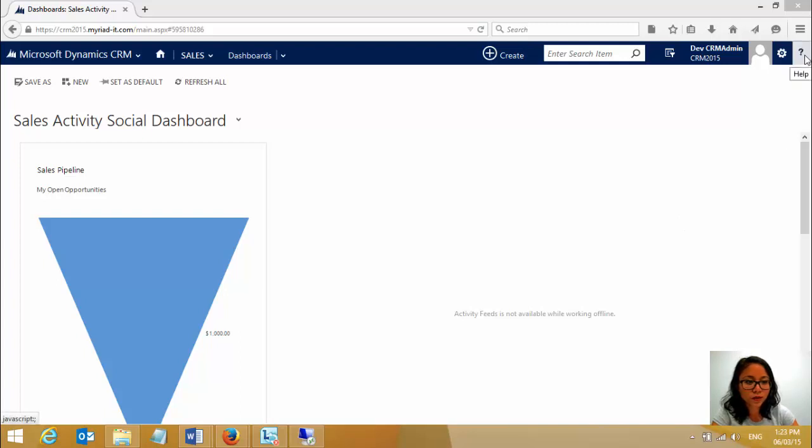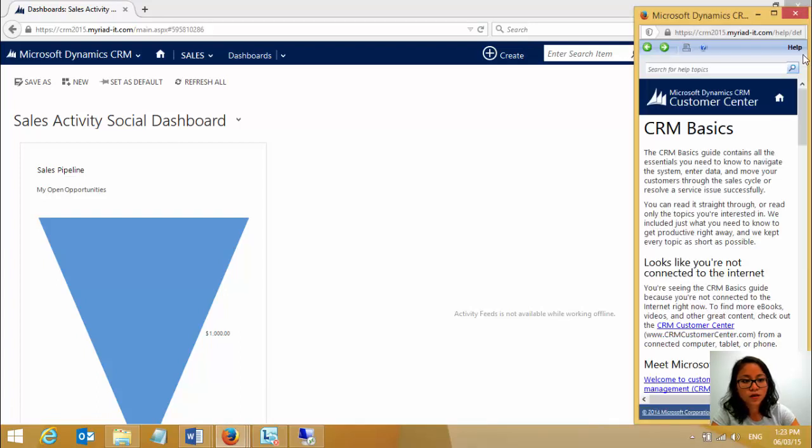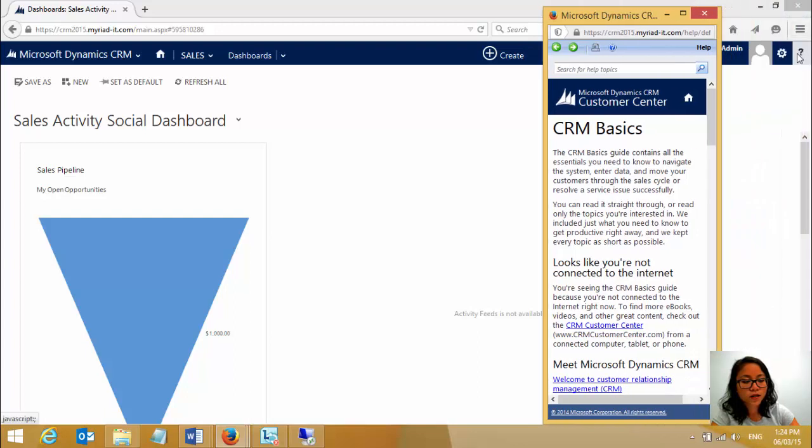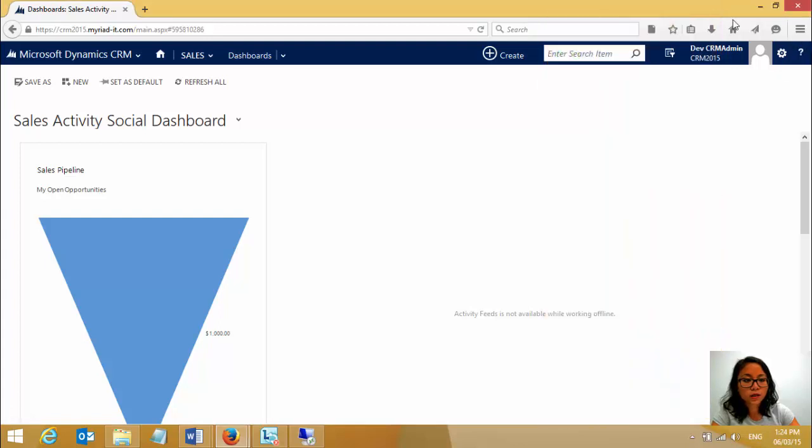So in CRM, there is a question mark icon on the top right hand side, and when end users click on this, they're going to be directed to another window where it's going to contain information from the Dynamic CRM Customer Center. And previously, if you wanted this button to be directed to something else, you couldn't do that, but in CRM 2015, it's now allowed. So if you want the button to redirect to another URL path, you can change that in